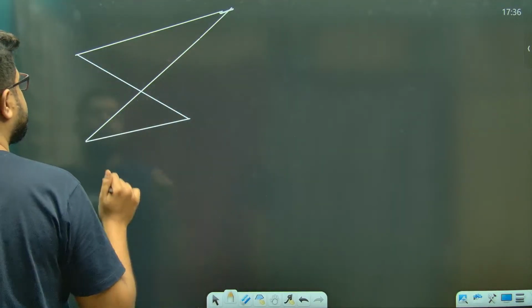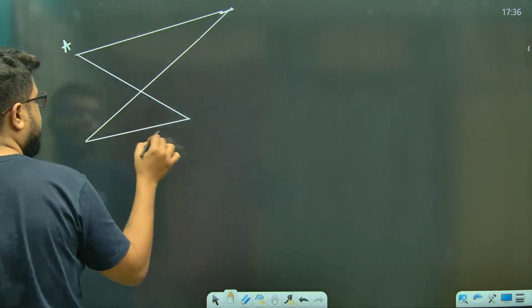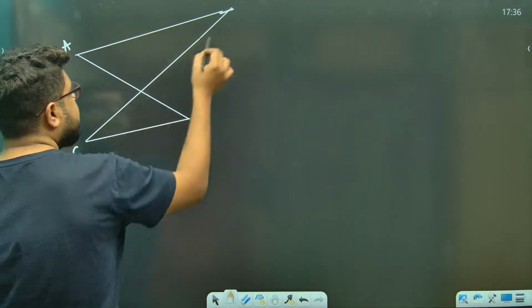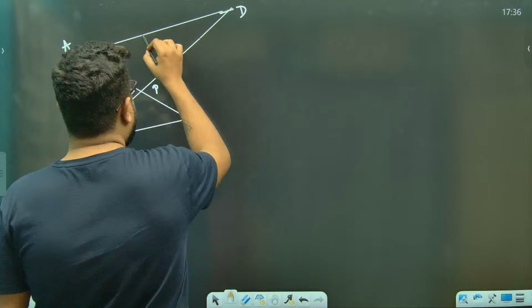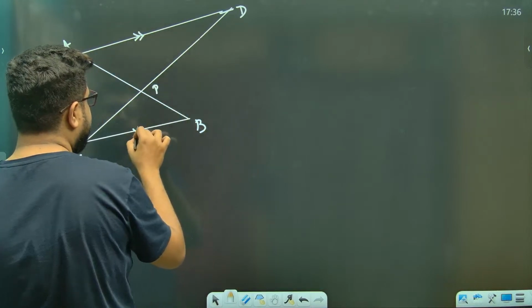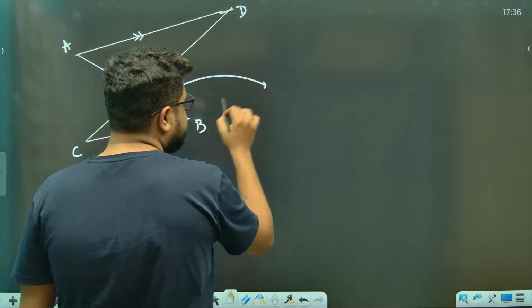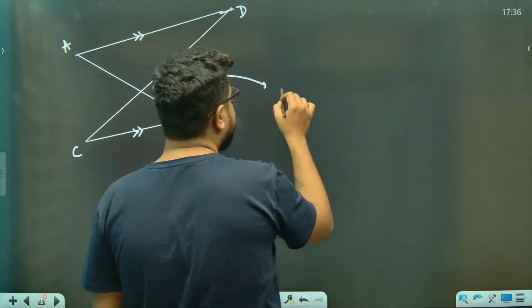ठीक है, looks ठीक ठाक. हाँ, A, B, C, D. This is P. I am saying these two lines are parallel. Can you guys tell me the,